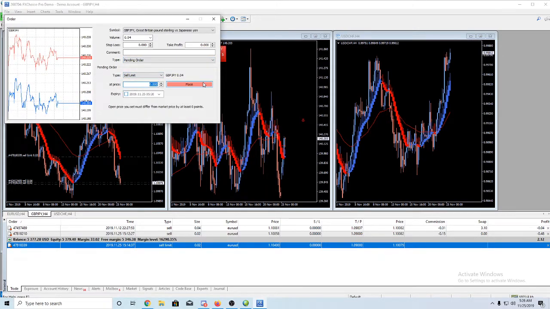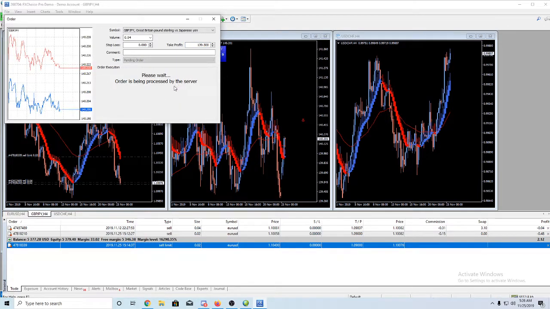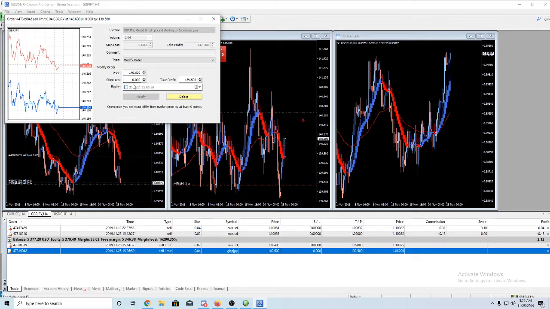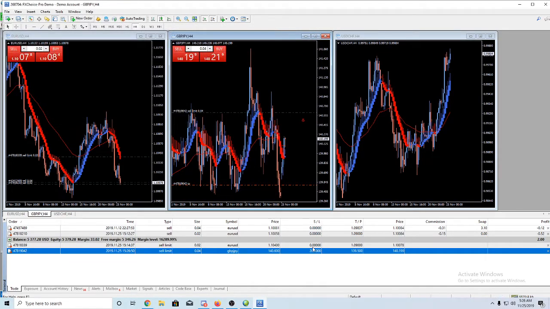Try 140. This gives me practice, right? It's morning. I got to wait, shake the cobwebs off. Okay, place it. Stop loss, 200. Modify. That's what you want to do. I must have hit something that deleted the stupid thing. All right, we're in here with a gigantic stop. Why do I have this gigantic stop loss in? It's a visual.